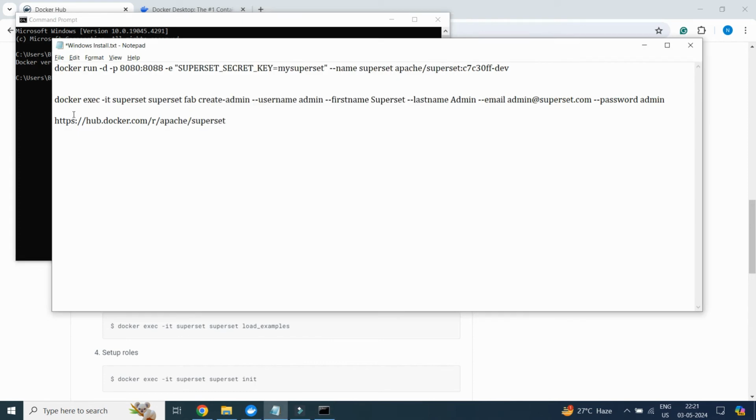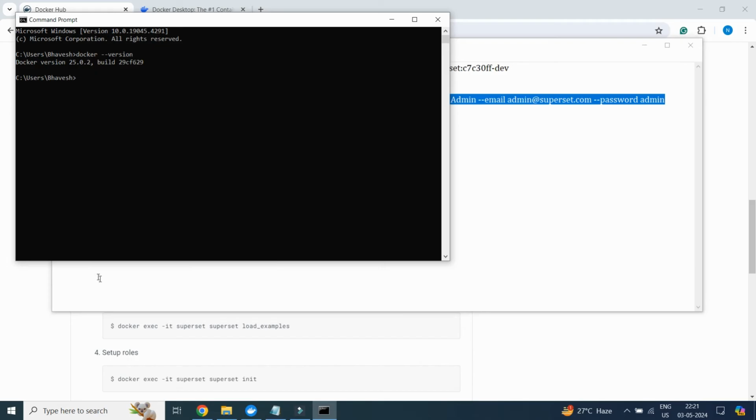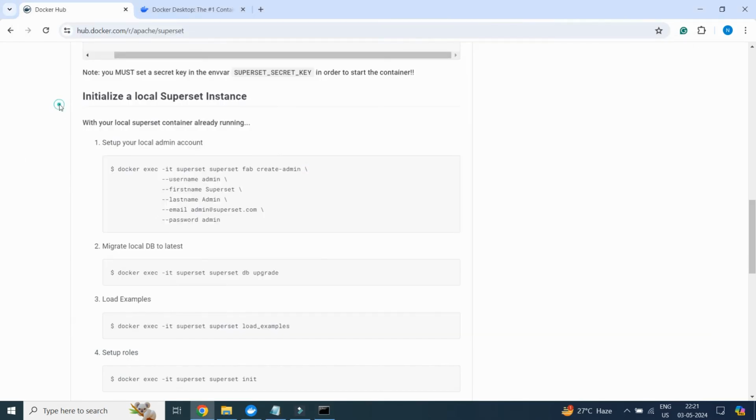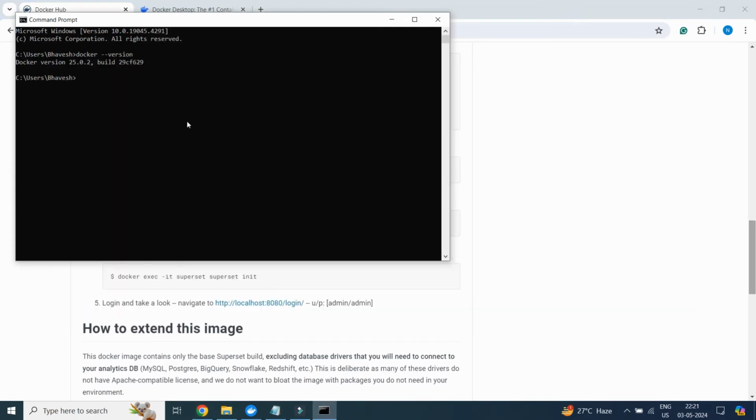Docker exec superset. So all the steps mentioned on the official website you need to execute. I will write here docker exec -it superset fab create-admin, username as admin, and all this in a single line, and execute it.